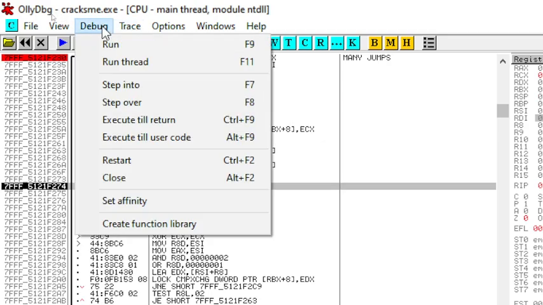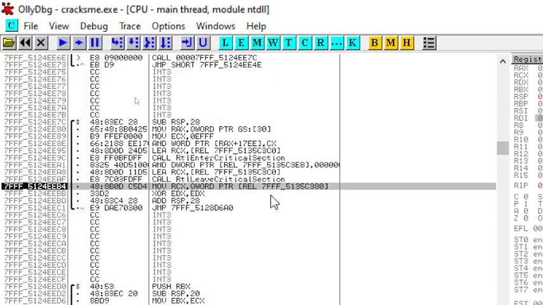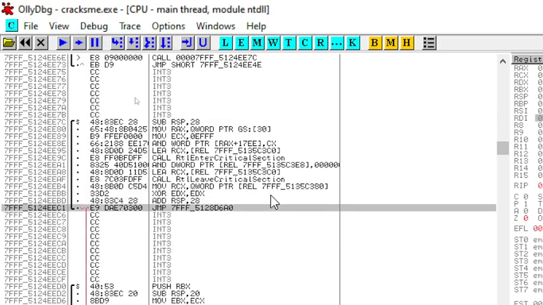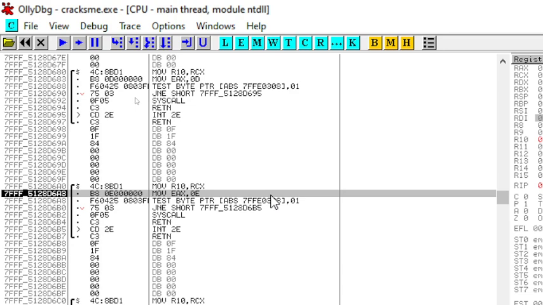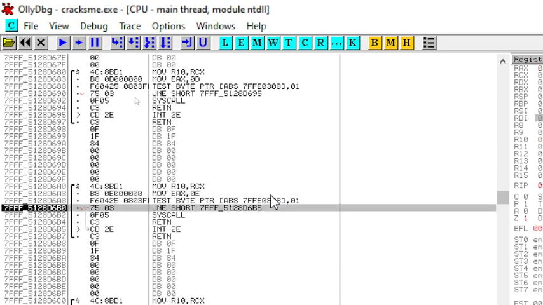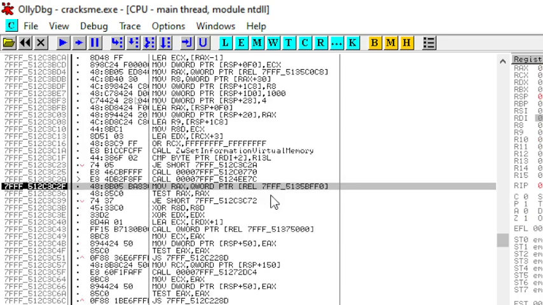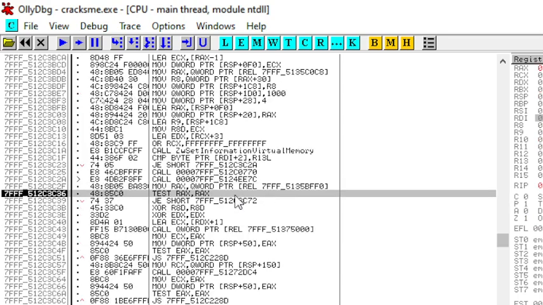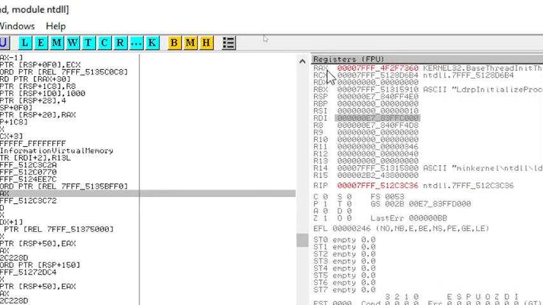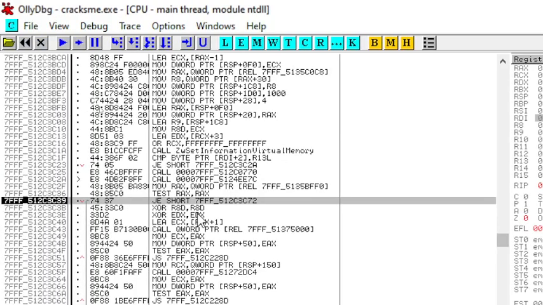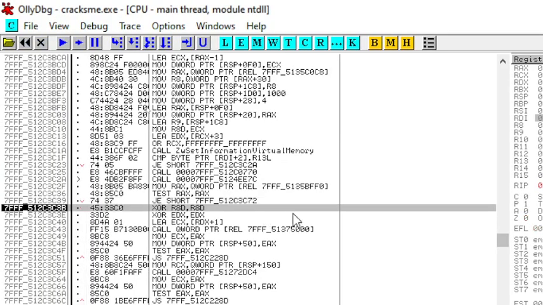Then you can press F7 to step one by one, so you can view what will happen in this program. Jump not equal, then system call return, then goes here, test the RAX to that value, then you will understand it now.